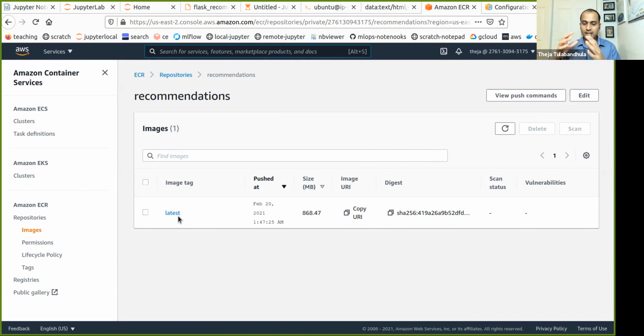Whereas if you do ECS, that takes care of the underlying EC2 resources. It automatically spins up the EC2 resources required for your container to run. And if an EC2 instance suddenly terminates because of some failure, it'll immediately restart another EC2 machine and get your container deployed again so that everything is running smoothly. So that's the advantage of having a managed service.